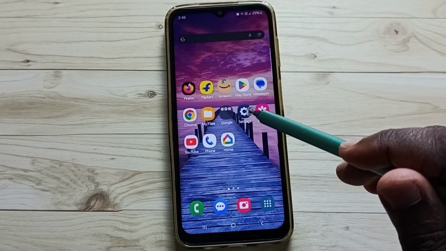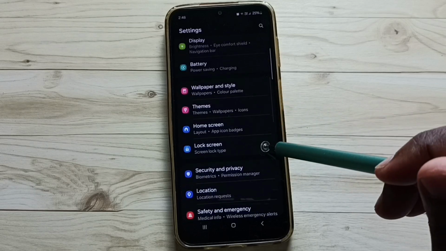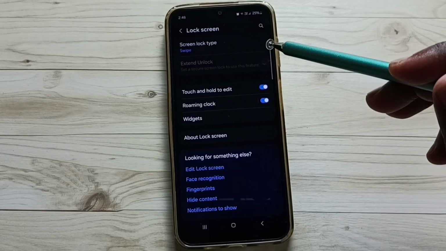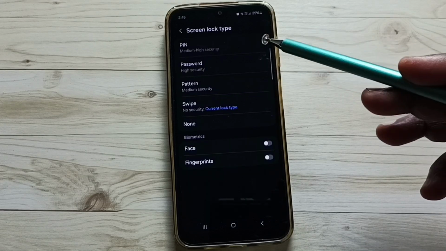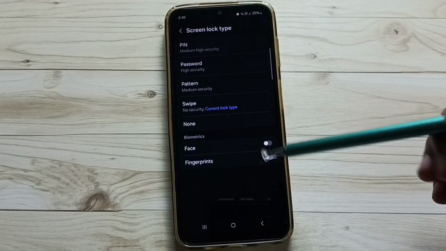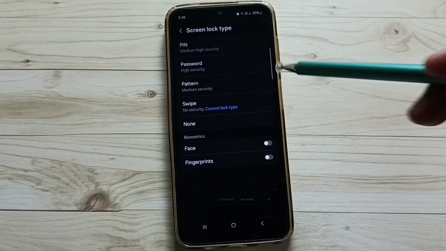Go to settings, tap on the settings app icon. Go down, tap on lock screen, tap on screen lock type. Here you can see the list of screen lock types. Right now I am using swipe. I am going to change this to pattern. Tap on pattern,